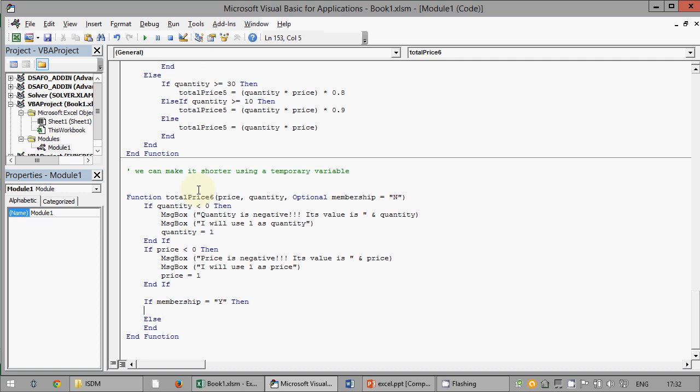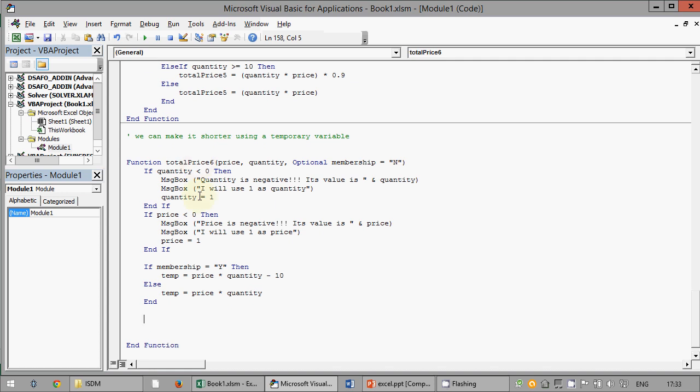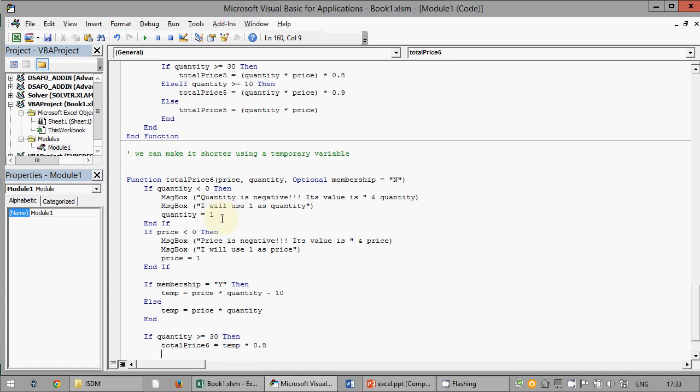If membership is equal to yes, this temporary variable is equal to price by quantity minus 10. Otherwise, this temporary variable is equal to price by quantity. Now here, I will use this temporary variable for the rest of the calculation. If quantity is larger or equal to 30, total price 6 equal to temp by 0.8.